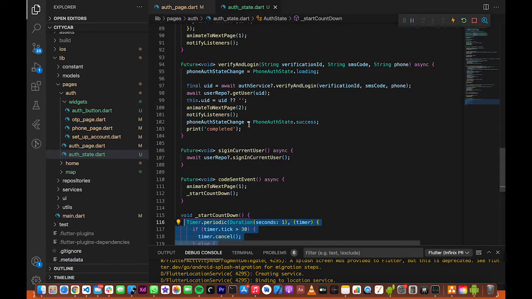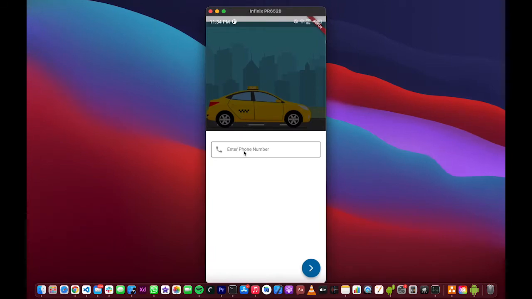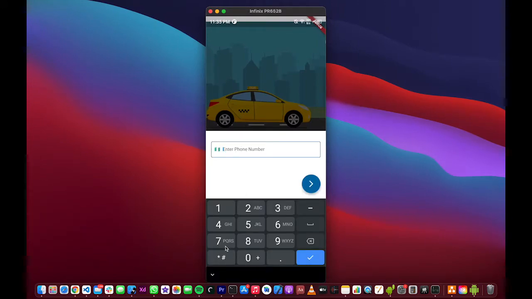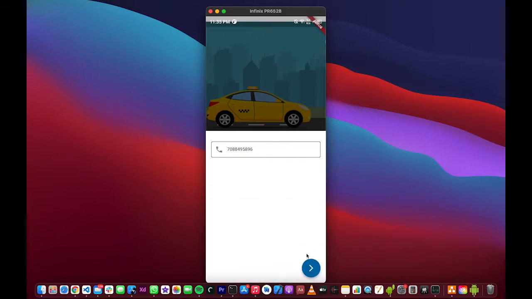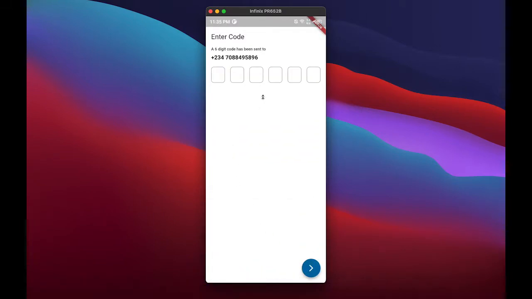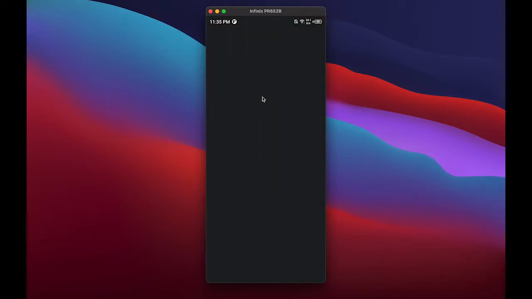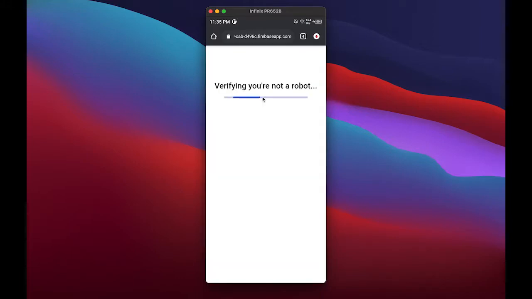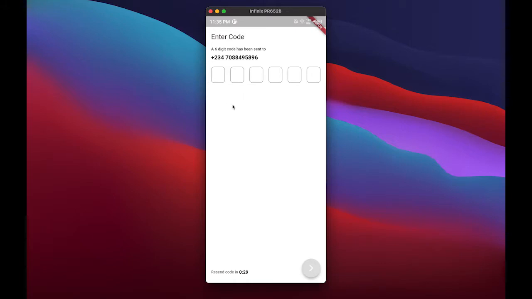And I'll try to log in right here so you see that this is actually working. So I'll log in with my phone number, and I'll try to click here, and I'll wait for the code to be sent on my phone right here. So as usual, I'll be verified right here, so I'll wait for some time, and I'm back, and the code is going to be sent to me